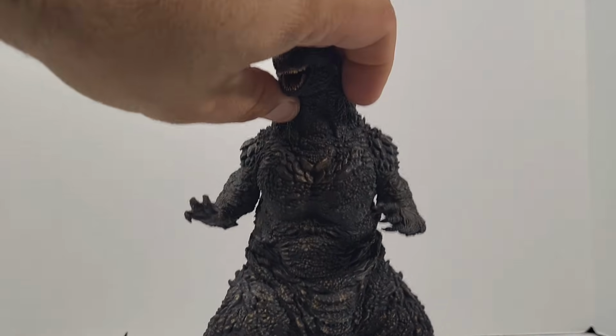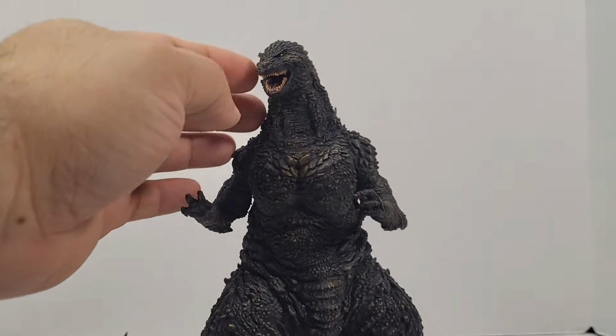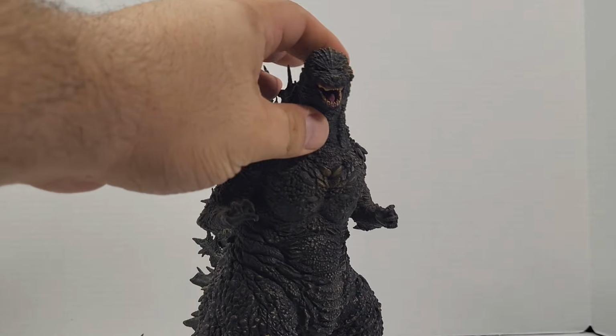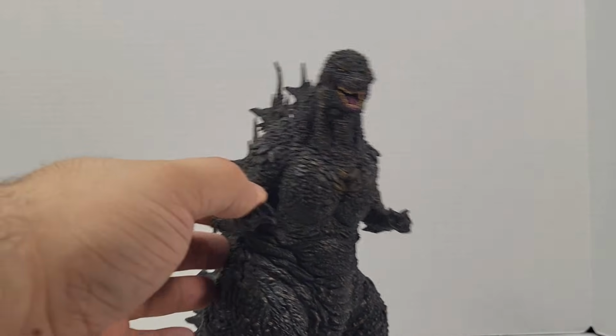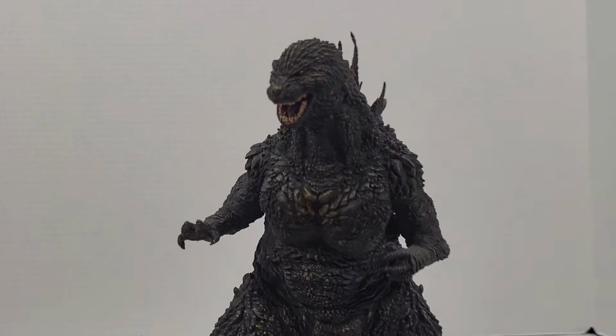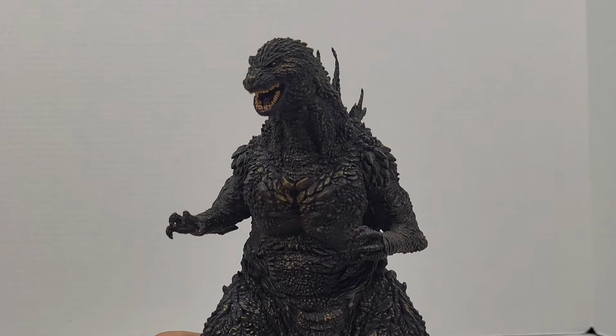It's supposed to be based off of Godzilla the Ride, and I did have that one. I did unbox that one. That's a 30 centimeter one. This one is about 10 inches. But yeah, let's